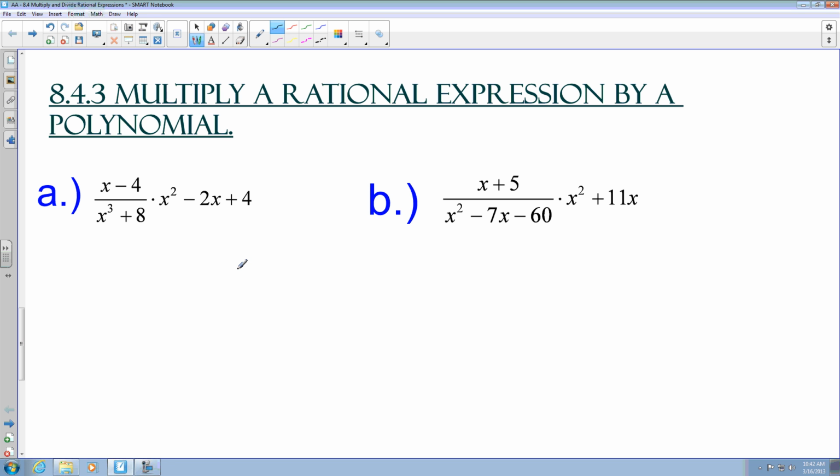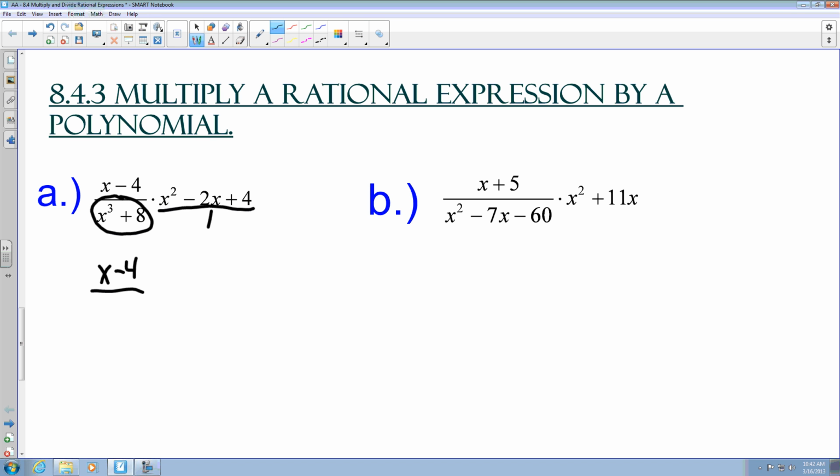Here I have multiplying a rational expression by a polynomial. So all we're going to do here is attach a 1 to it, so it looks like a fraction. So first off, I have x minus 4. Can't do anything else with that. Now if I look at this one,